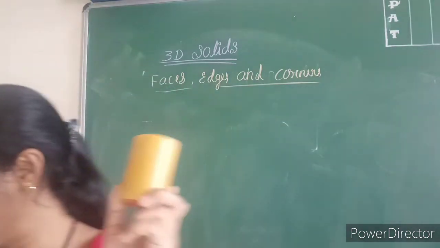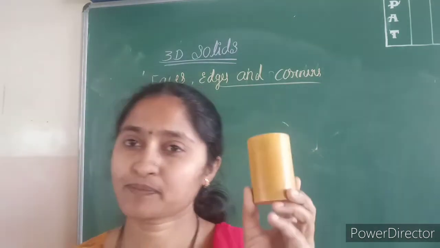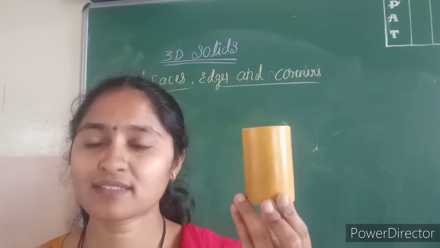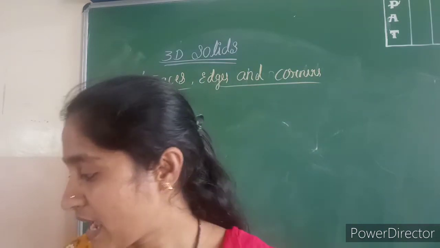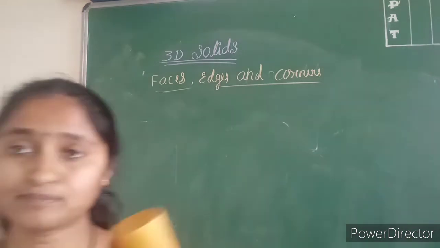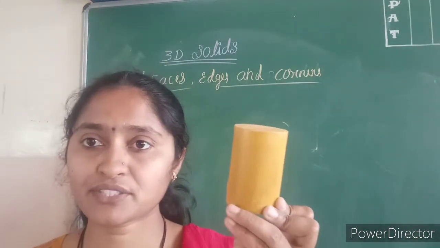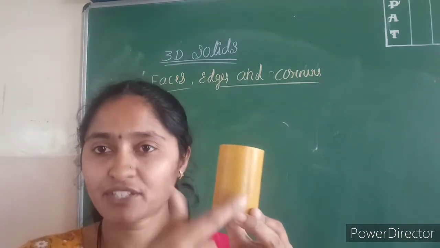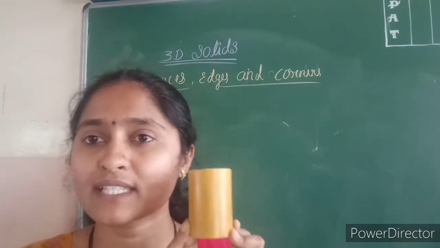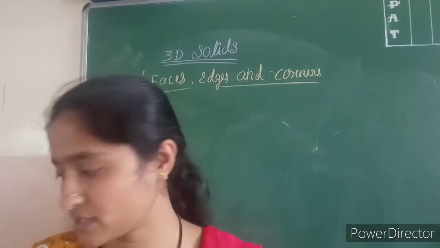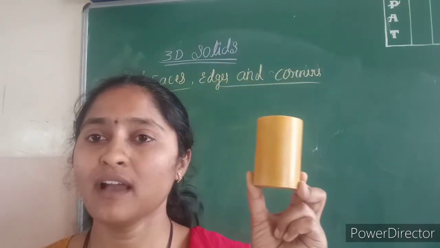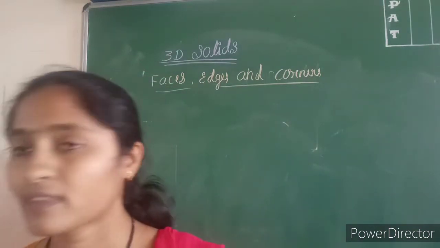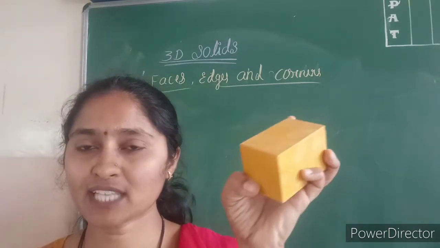Can you tell me the examples for cylinder? As in the Coke bottle. So it's in the shape of a cylinder. It's very good. And you have seen incense sticks boxes. Some of them will be in a cylinder shape. So that will also be an example for a cylinder. Okay. Then tell me a few examples for cuboid.